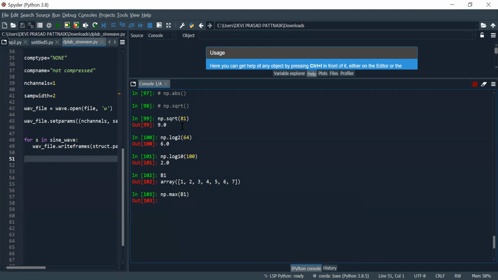It returns the maximum value in the array. Right? Maximum value in the array. np.maximum, np.max. And similarly, we have numerical Python dot real value. Let's try with one example.